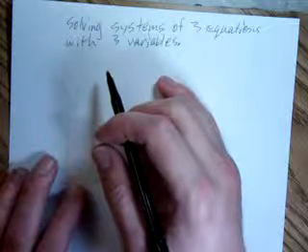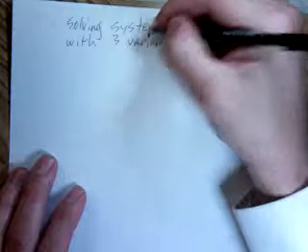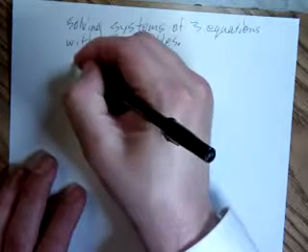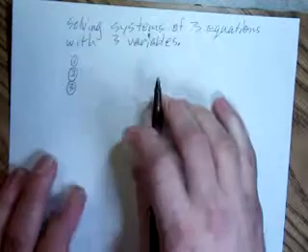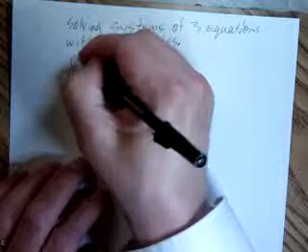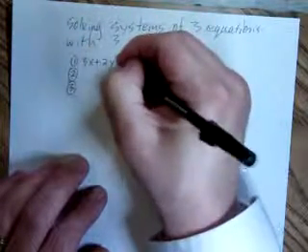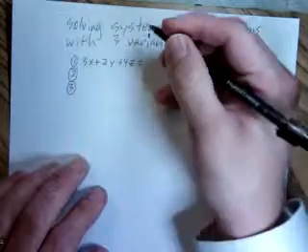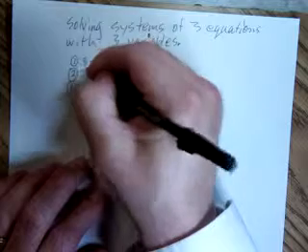So when you're asked to solve systems of 3 equations, 3 unknowns, you've got to spend a lot of time organizing yourself. So you have one equation, second equation, third equation. Write these down. First equation is 3x plus 2y plus 4z